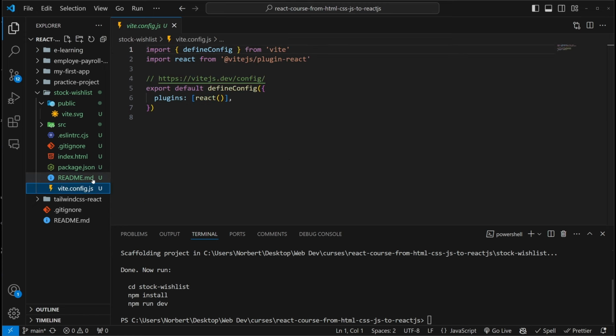And last but not least, we have our Vite config. As I told you, you can change things here. Well, I wouldn't necessarily recommend changing it to Vue or something like that. But you could also change the port here. We're going to leave it as whatever port it's going to give us. As I said, minute adjustments you can also do later on when you're going to dive deeper into Vite. But for now, the next step is to cd into the folder, so change directory, cd into stock-wishlist,